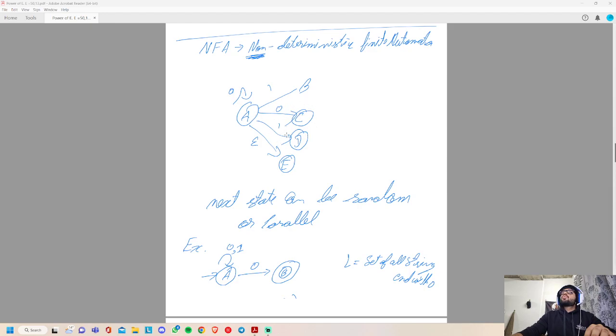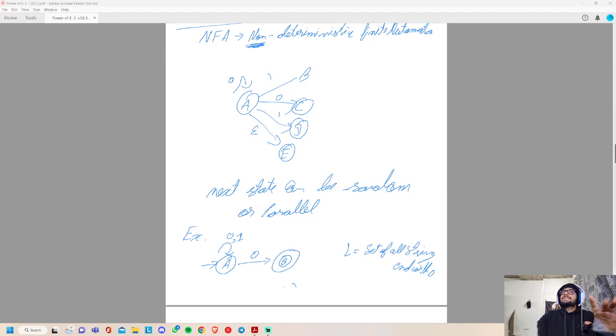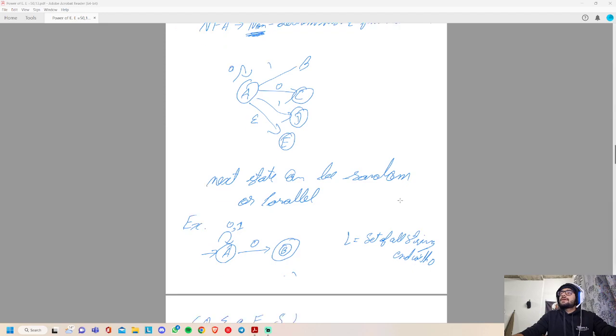It can go to D if it gets 1. It can go to B if it gets 1. So there is no decided point where it will go. It can go anywhere to anywhere state if it gets epsilon also. The next state can be random or parallel. This is the method of this thing.